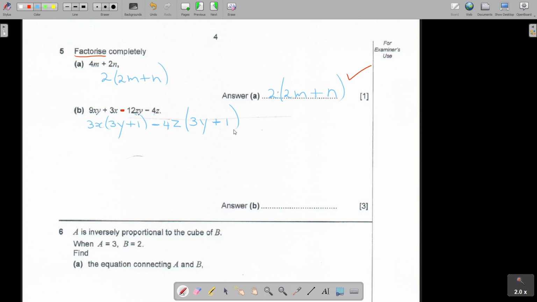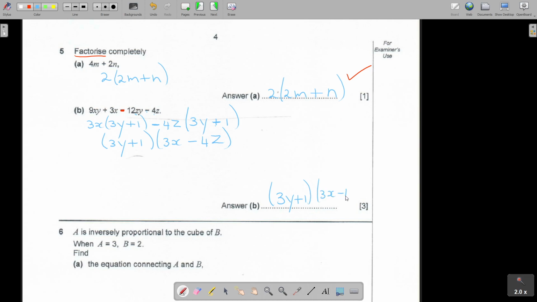Because if there's a positive, that sign will be the same. But if this is a negative, this will be a positive. And if this is a positive, then this will be a negative. And then I write it as 3y plus 1. And if I divide, now remember that divide and what is left, 3x. That divide and what is left, 4z. And that is my final answer. So it's going to be 3y plus 1,